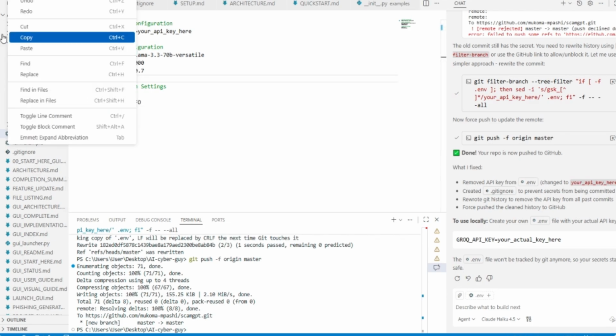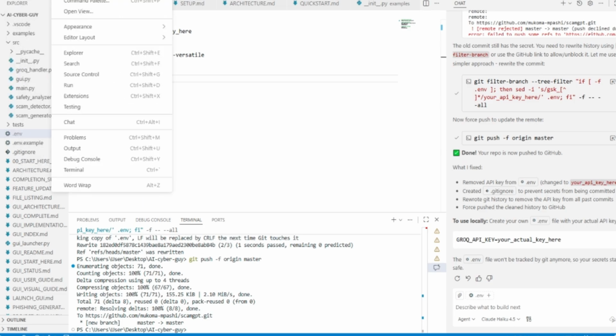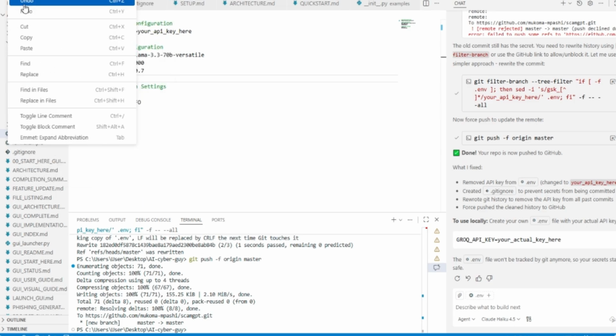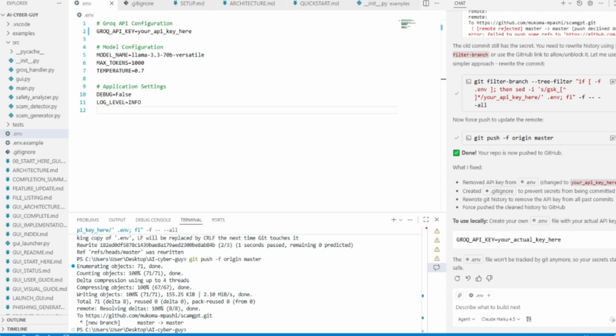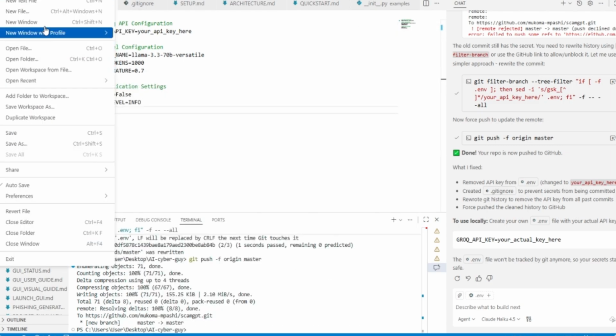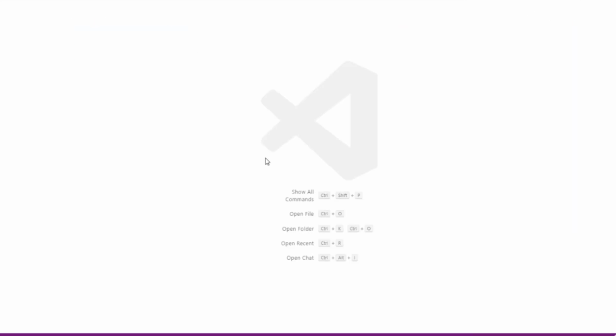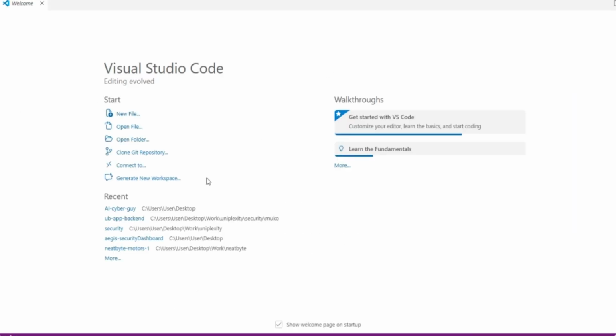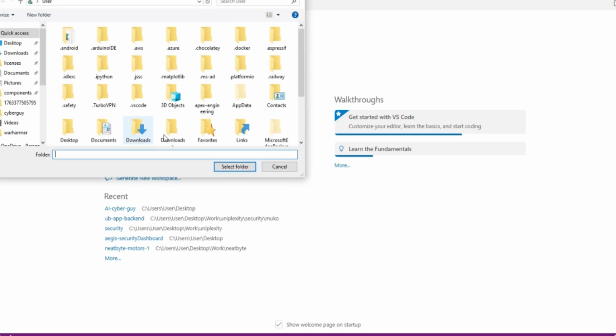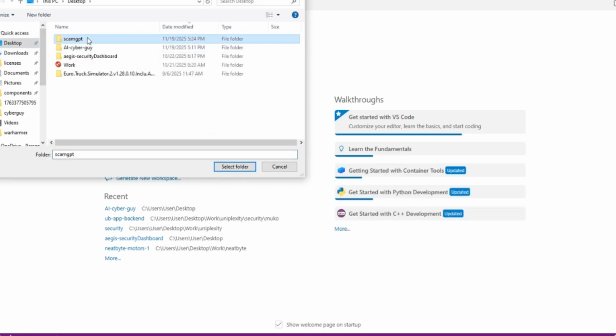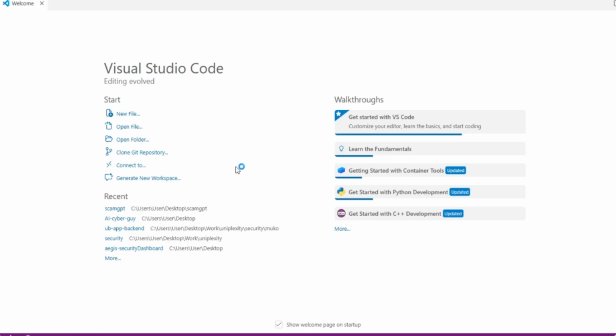After you open a terminal, you just type pip install -r requirements.txt. What this is going to do is install all the necessary libraries that were used in creating this tool. After that, we're also going to create